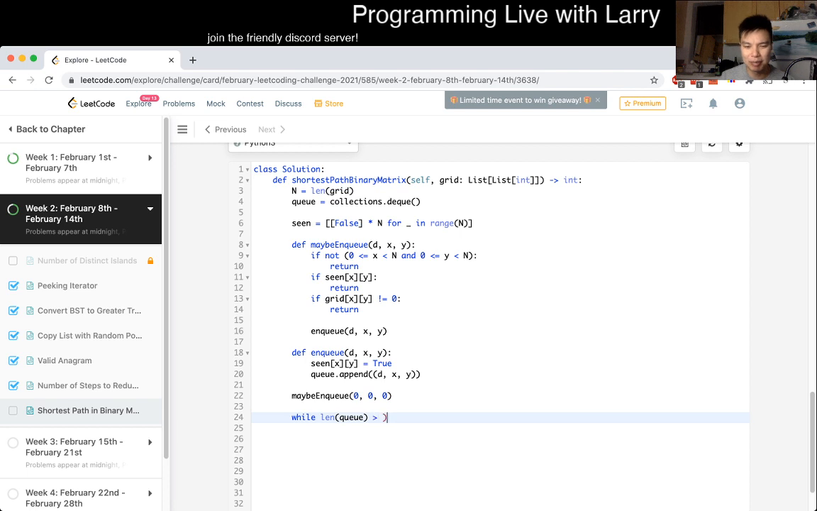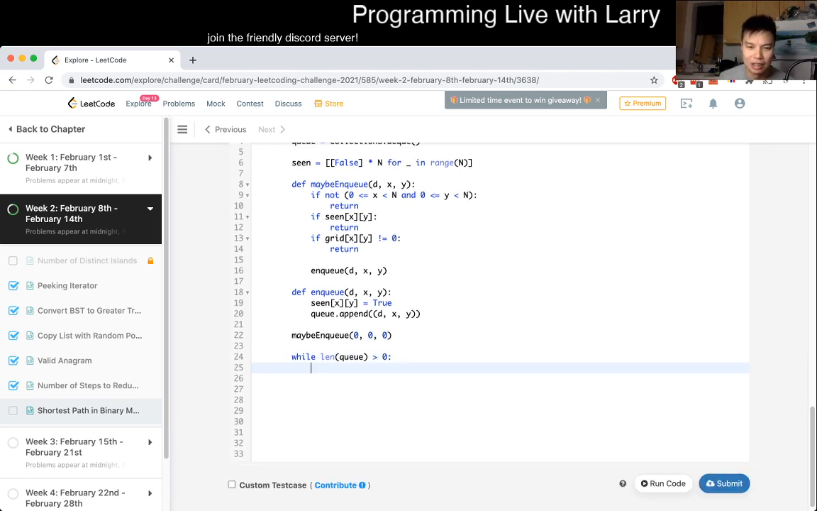I know that Pythonically speaking, you can also do while queue, but I like doing while length is, so that when I'm debugging, I know exactly what I want. And in other similar problems, it might be that this condition is a little bit off. Maybe you need 2 items in the queue, so I like to keep them explicit. But yeah, queue dot pop left,